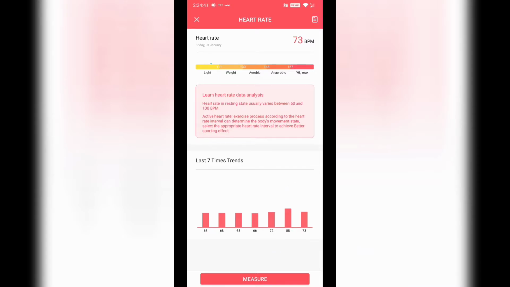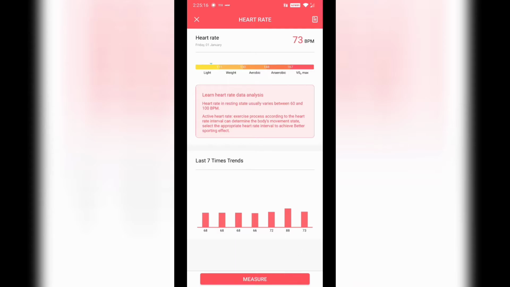And then another option is heart rate. In heart rate, you will get the continuous heart rate of your health. It will check continuously, once every hour. The sensor automatically starts and checks your heart rate. It will show you the real-time data in this. That is the heart rate. If you select the report option on the top right-hand side, your continuous heart rate details and all will be reflected.